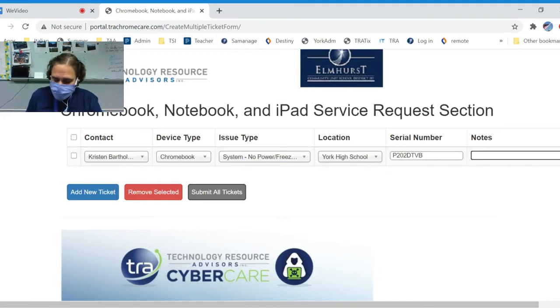And then notes. This is where we need to give the details. Now, the device will get sent in with the sheet on it, but that doesn't necessarily mean that's in the system the way they'd like it, because they like to keep everything together. So the first thing I always write is what the issue is. So the first thing I'm going to type in here, device came in